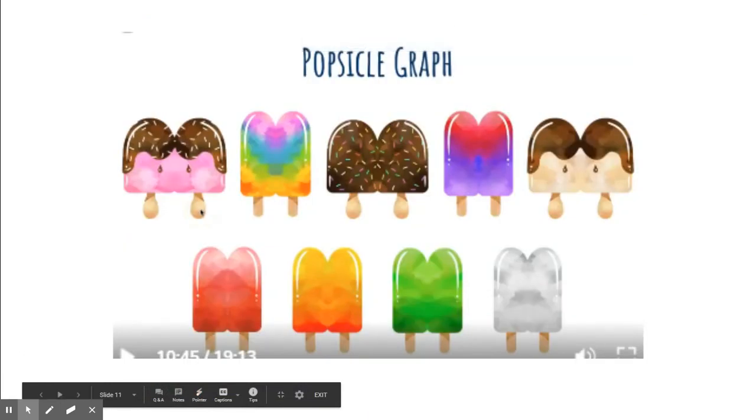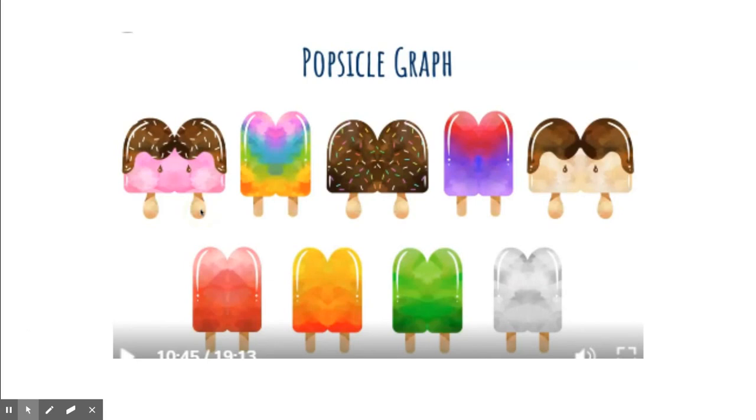Okay, so yesterday we collected some popsicles and we looked at them on a chart and we knew that those popsicles had 2 sticks each and we counted them by twos. So why don't we go ahead and practice what we did yesterday again, counting by twos. Ready? Let's try it. 2, 4,